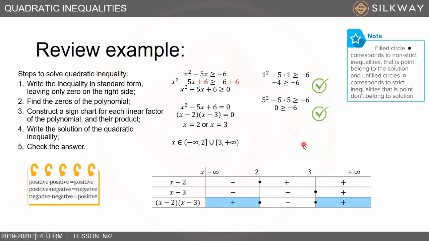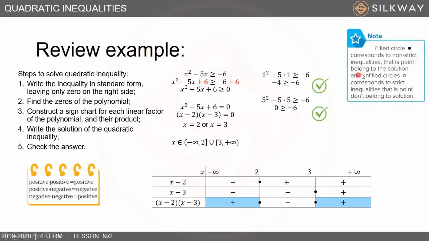Okay, then look at this note. Okay, and please write it in your notebook. Let's read: filled circle. Here is a filled circle. We write here filled circle. It means that it corresponds to non-strict inequalities. Non-strict inequalities, this sign is a non-strict inequality. Okay,